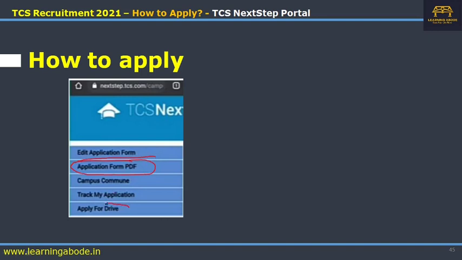For example, if you're applying for TCS MBA hiring or TCS smart hiring IT, or for TCS Digital or TCS Ninja, then it should show this apply for drive. Once you have finished filling up the application, if you are an eligible candidate, it will show apply for drive.